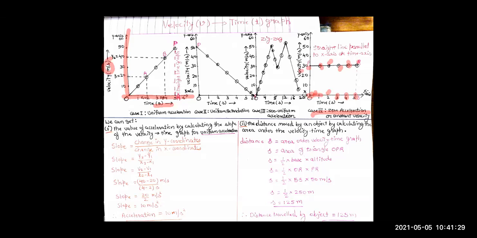Means you are moving on your Activa with a constant speed of 30 meter per second. Your speedometer needle is at 30 meter per second. It is not changing as you are moving with this constant velocity. So there is no change in velocity. So this is a graph for zero acceleration or constant velocity. So nature of the graph, it is a straight line graph which is parallel to time axis.